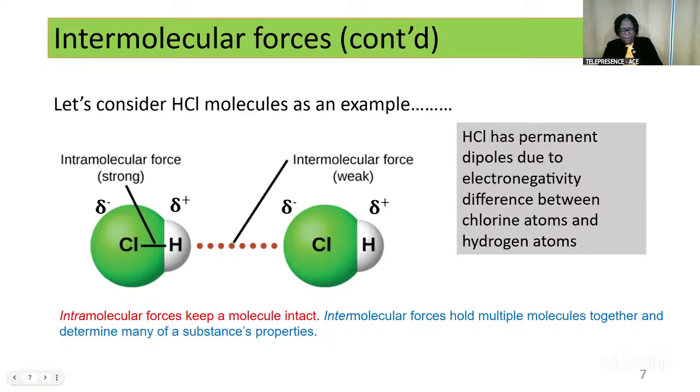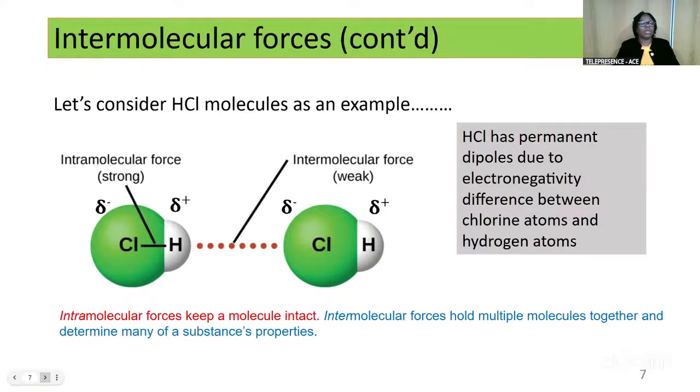So there is this permanent dipole. In this case, they have permanent dipoles. So the kind of interaction that holds them together is what we refer to as dipole-dipole interaction, because they hold permanent dipoles, and so the dipole from one and the dipole from the other can interact. You will see as I go on with more examples. But this is a case of a polar molecule coming in close proximity with another polar molecule, having permanent dipoles. So this also determines the kind of intermolecular force that occurs between them.